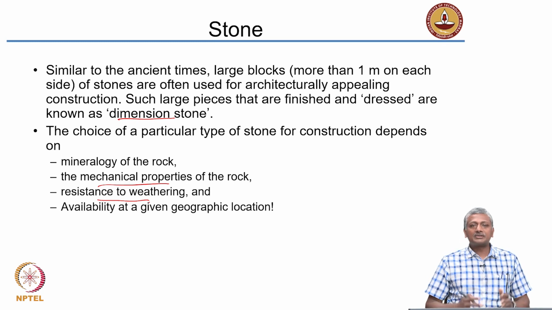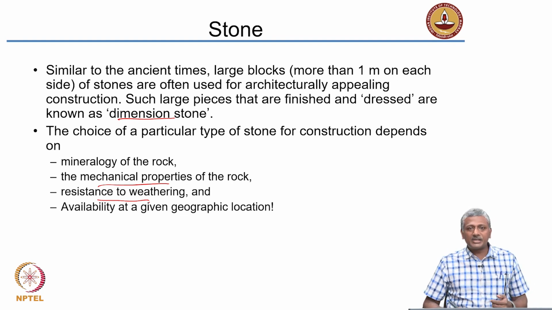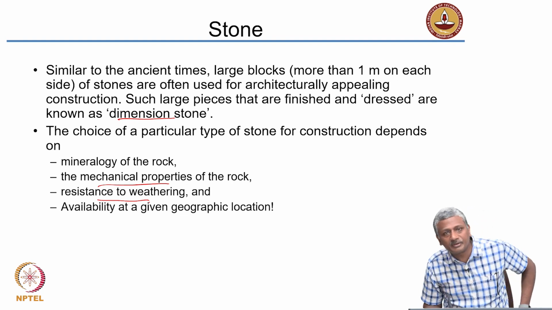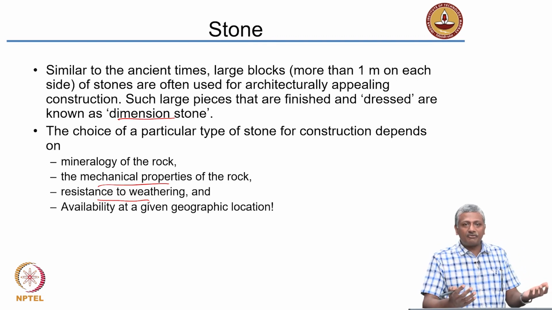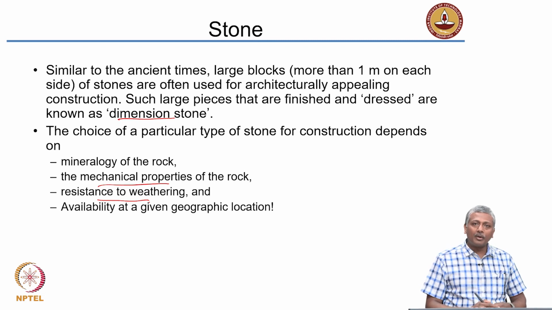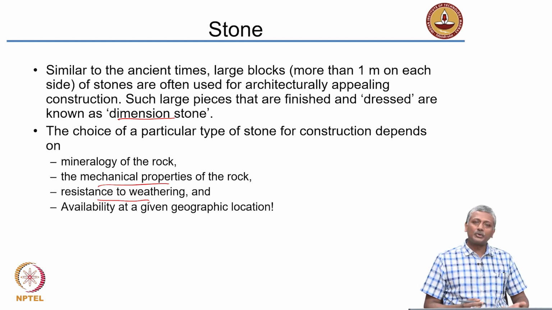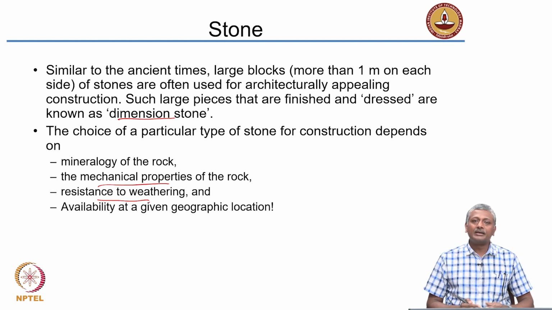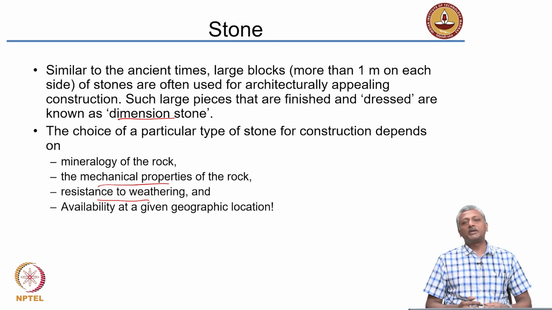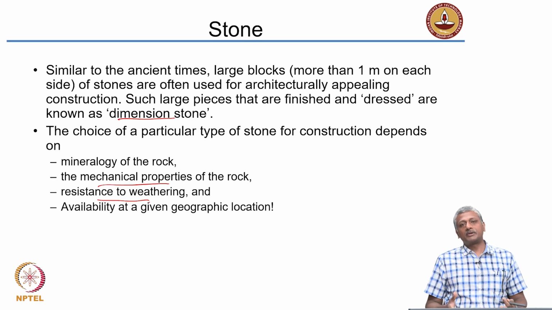In such cases, they selected these blocks very carefully and ensured that they got the best possible blocks that were available. And of course, in those days, most of these structures were built at the whims of the king, and if the king had sufficient funds or could bring in material from a nearby kingdom that had been annexed, they could also use a different type of stone. But today, of course, economic considerations require us to use a lot more locally available materials. In fact, if you look at sustainability also, it's always more sustainable to use what is locally available rather than source the material from outside, because locally available materials are attuned to the specific environment that you have in a particular area.